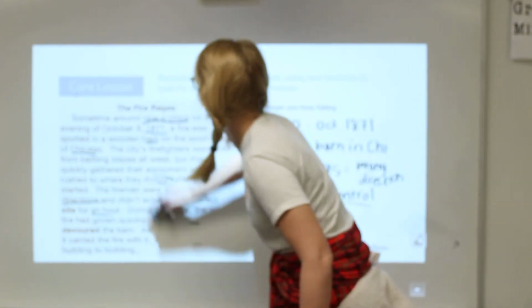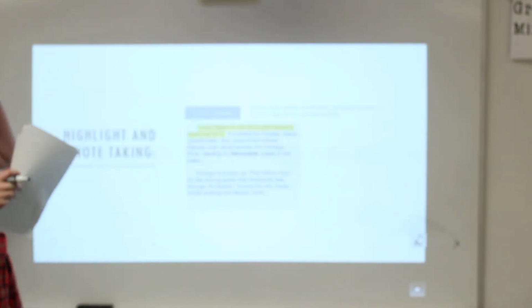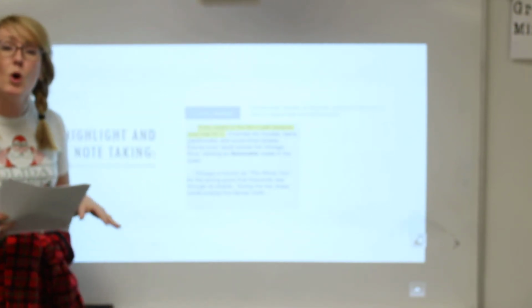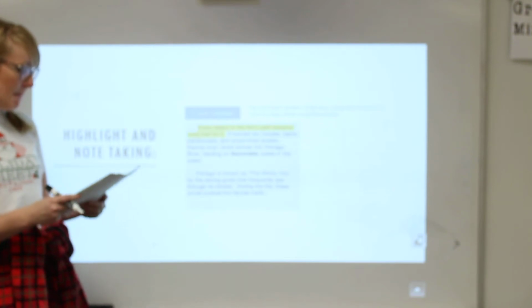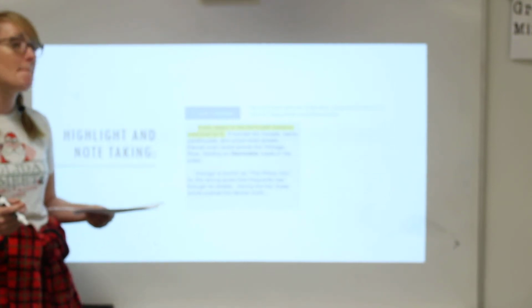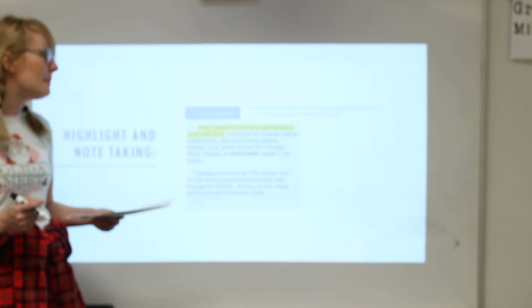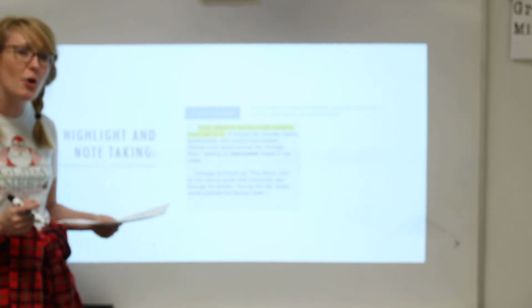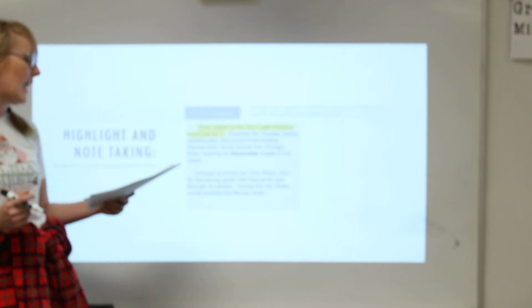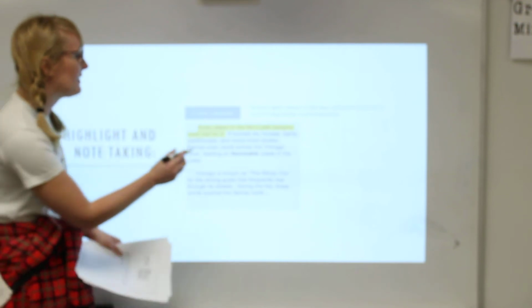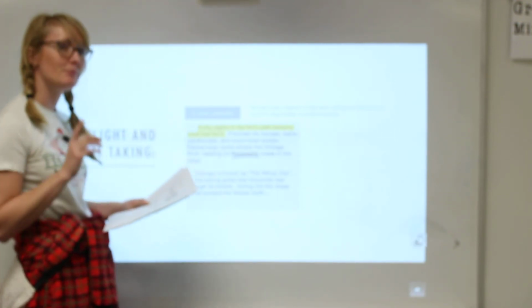Let's try another one. Every object in the fire's path became more fuel for it. It burned dry houses, barns, warehouses, and wood-lined streets. Flames even raced across the Chicago River, feeding on flammable waste in the water. Again, we've got this bold